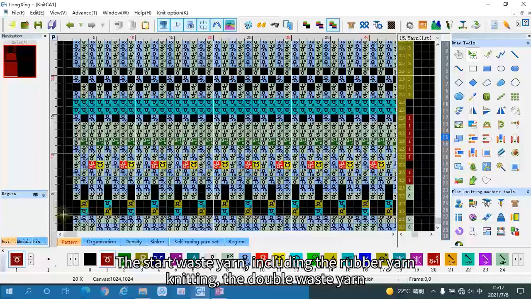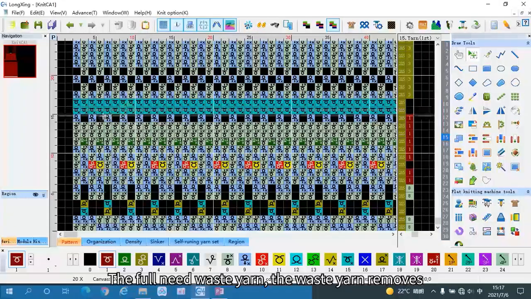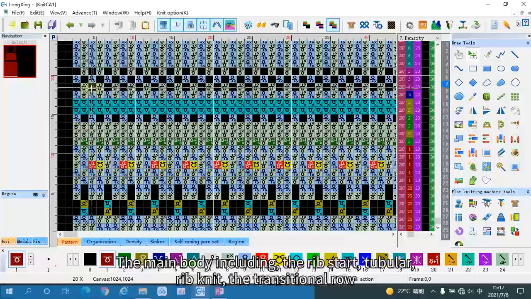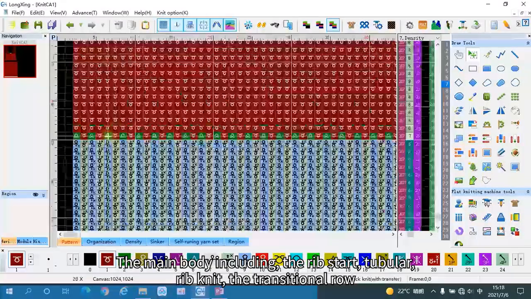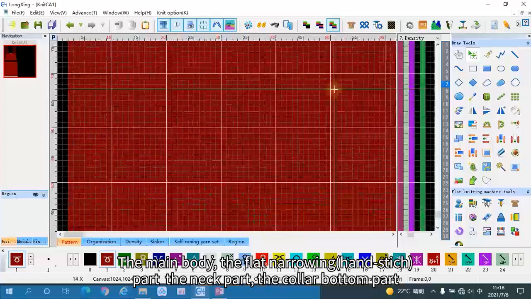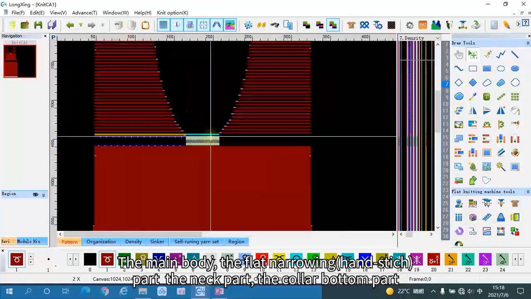including the rubber yarn knitting, the double waist yarn, the full needle waist yarn, the waist yarn remove, the main body including the rib yarn start tubular rib knit, the transitional row, the main body, the flat narrowing part, the neck part, the collar bottom part,